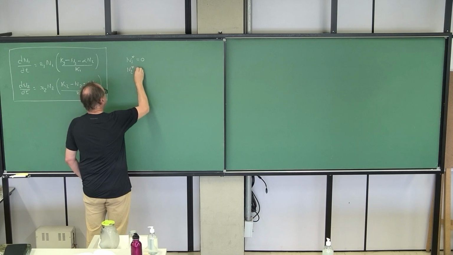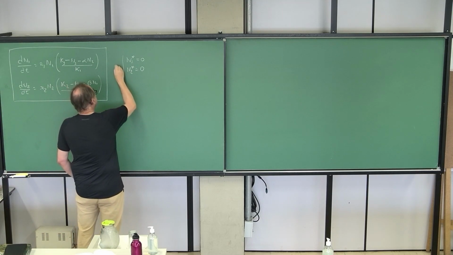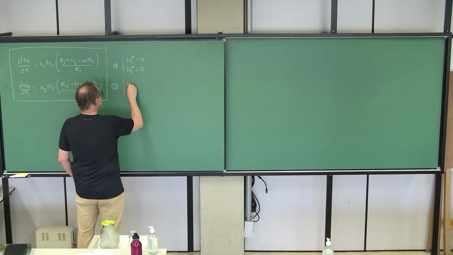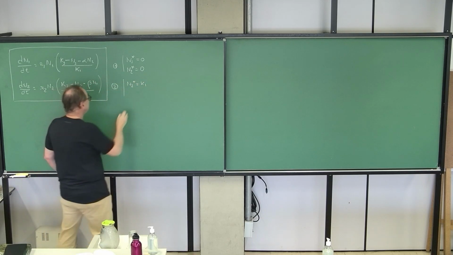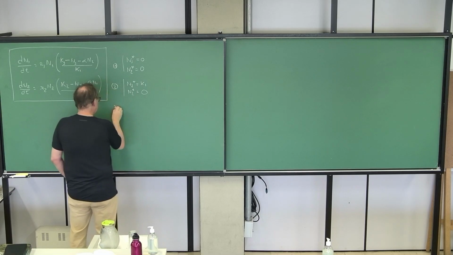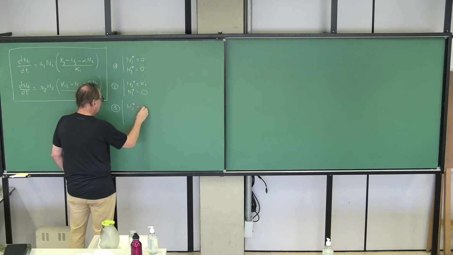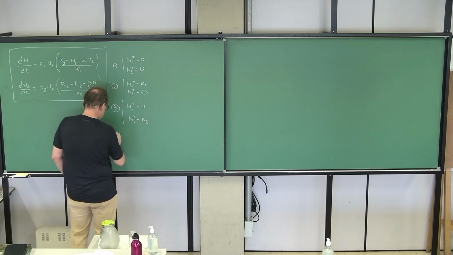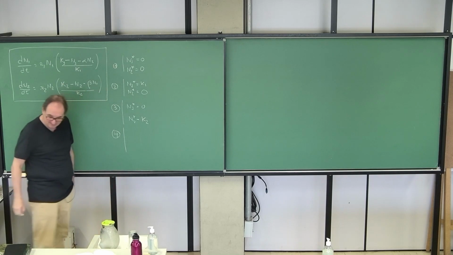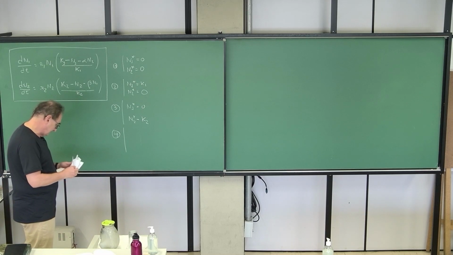The first fixed point was mutual elimination, or no population at all. Fixed point 2 was population 1 equal to the carrying capacity, and population 2 extinct, eliminated. Then fixed point number 3 was symmetrical to this one, which was population 1 is eliminated, and population 2 is at the carrying capacity. And then there was a possible coexistence fixed point, which I have to look again here, which was